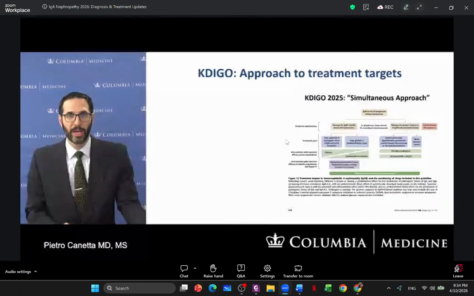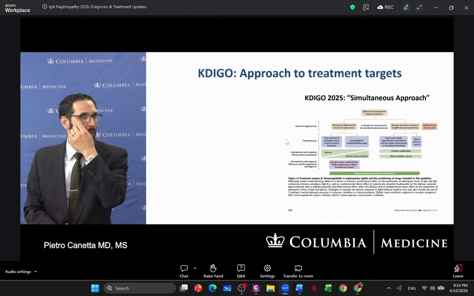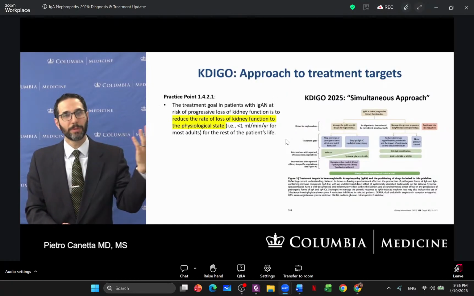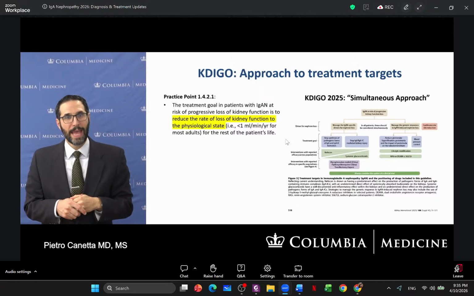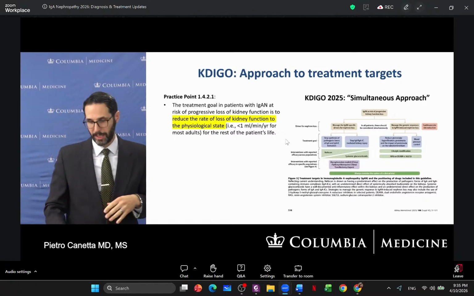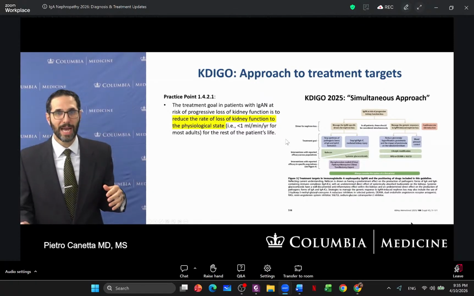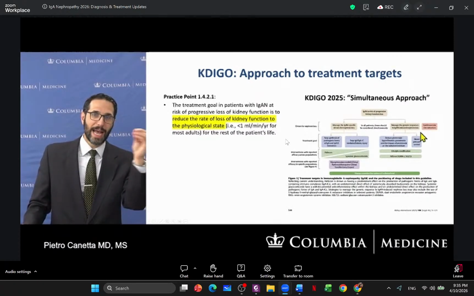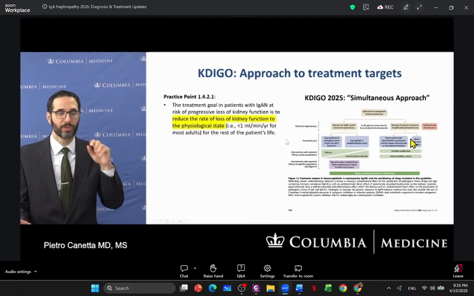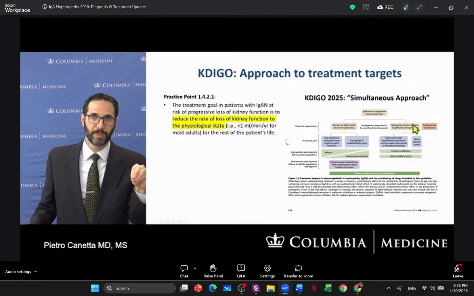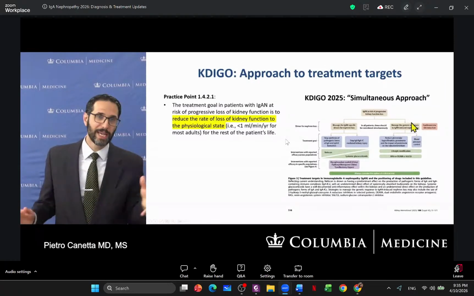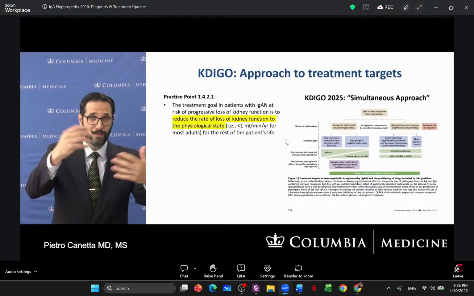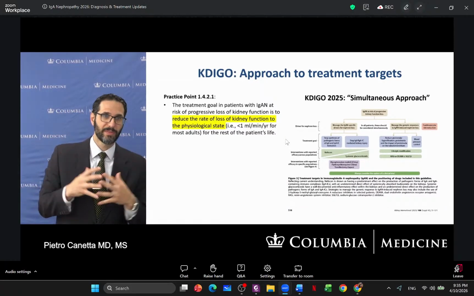So the novel approach that has been proposed by KDIGO is the use of a simultaneous approach, and to both treat at the same time IgA-specific drivers of nephron loss, as well as doing the generic responses of IgA-induced nephron loss, or like CKD care. And so this is a little different from previous guidelines, which have emphasized supportive care as the base of therapy